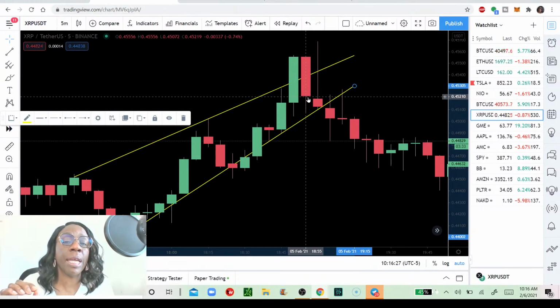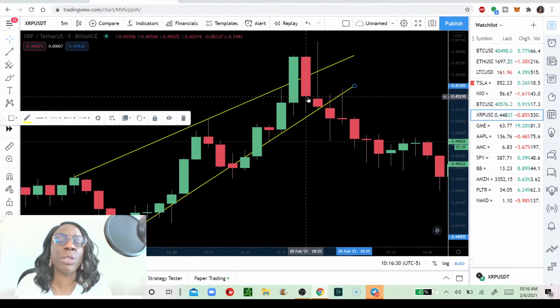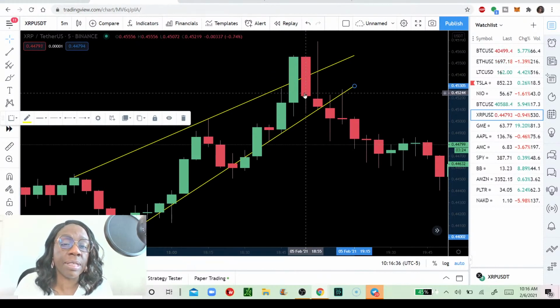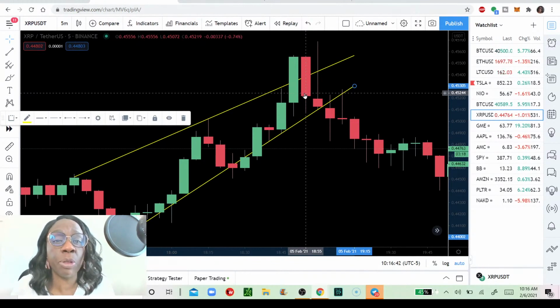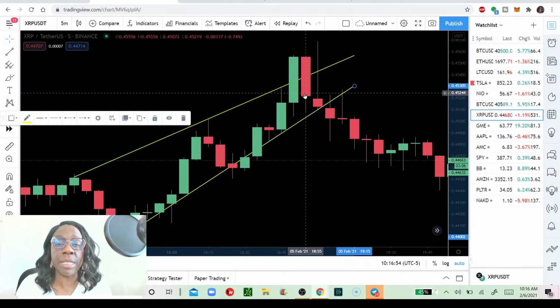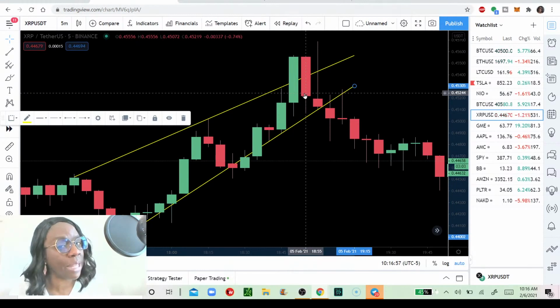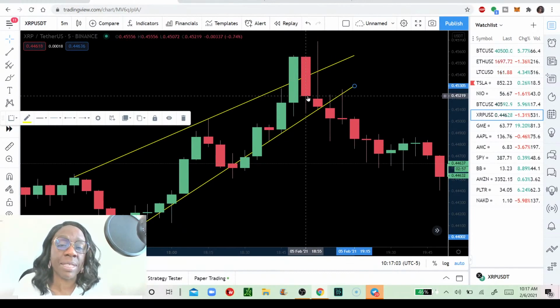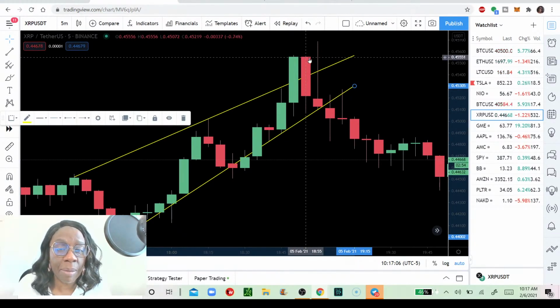So the second candlestick comes all the way back in, but we're still within our trend lines. Now, it just depends on how risk averse you are or how pro risk you are. You could see this candlestick retrace back below the upper trend line and decide you want to keep your profits. Get out of the trade. Another trader who is more pro risk could want to maybe wait it out and see if the trend will continue back up. But then again, it's riskier because you've got this big candlestick showing you there's a lot of selling pressure. So at this top point here, there are a lot of sellers here, and they just sold,